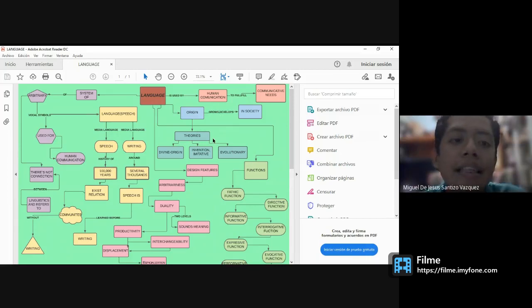When we say that language is vocal symbols, it refers that language is speech. Speech is the medium of language because it has a history of 100,000 years, and it has a relation with communicating without writing. On the other hand, there exists writing. Writing has a history of around several thousand years, and that is to say that speech is learned before writing.